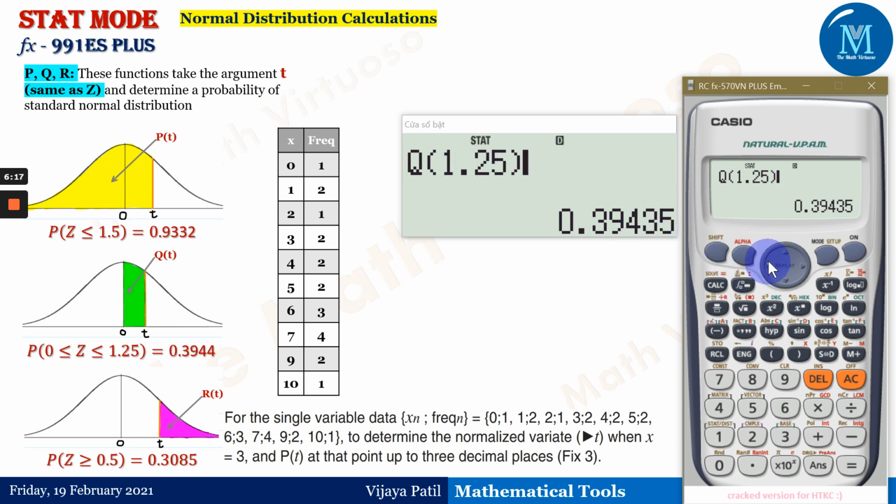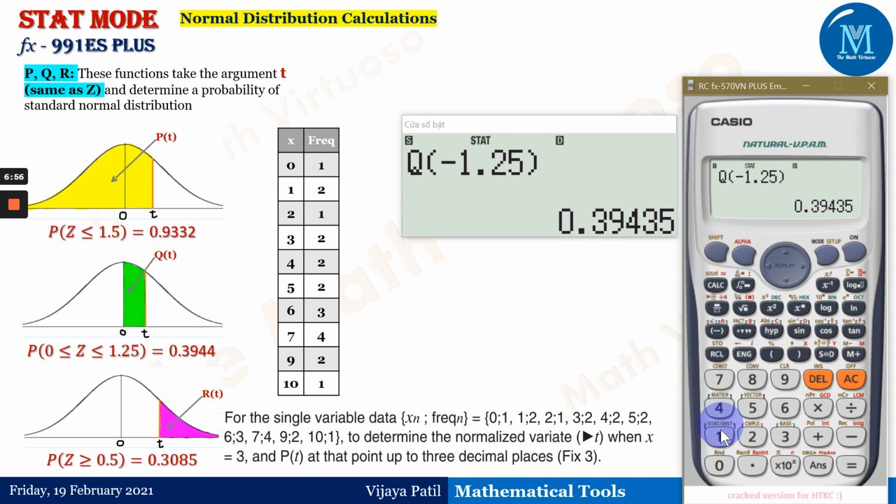Again, using the keypad, if you wanted to check, this is what will happen with the minus. So what is this difference? Because 0 to 1.25 and 0 to minus 1.25, the value will remain the same because of the same area of this bell-shaped curve or normal distribution. Therefore, if you observe, the value didn't change, and we have got the same value for Q of minus 1.25 also, because of the symmetry of the curve at z equals 0, or at the mean of the distribution, right?